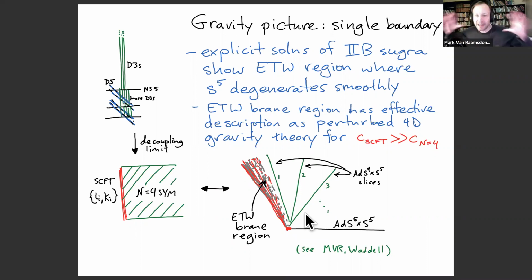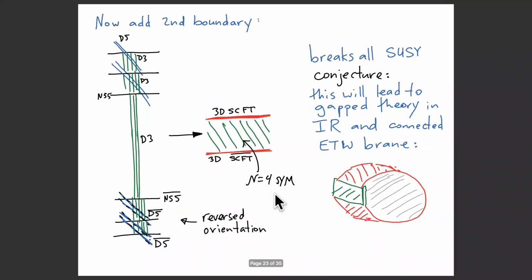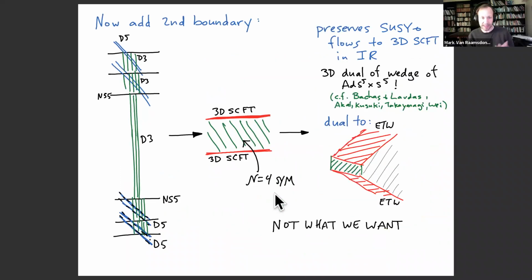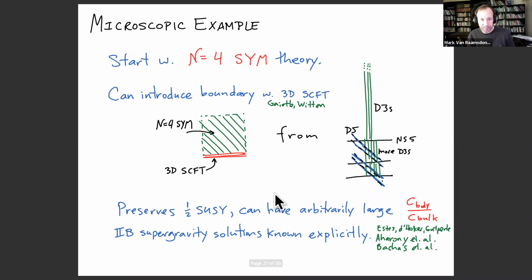So you should really think of the end of the world brane geometry as not specifically a brane, but more like a geometrical region. It's related to the physics of string theory branes, but there are a lot of those branes, and so it's been geometrized. So Mark, is this a Euclidean solution or a Lorentzian one? So this is a Lorentzian solution that I was describing. Although, yeah, I guess you could analytically continue along one of these directions.